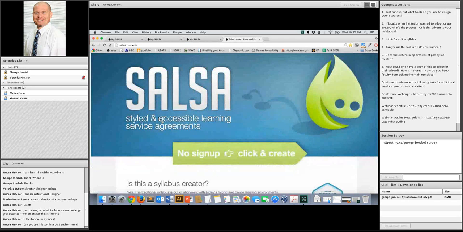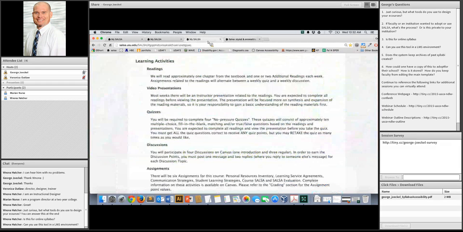And when you look at this example, one of the things that we're trying to do with a Salsa, which by the way it's an acronym, it stands for Styled and Accessible Learning Services Agreement. So trying to redefine a little bit what a syllabus is for.